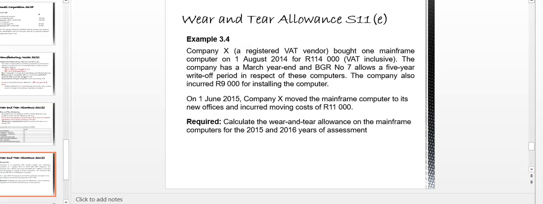Okay, looking at an example, we've got company X, which is a registered VAT vendor, bought one mainframe computer on the 1st of August 2014 for 114,000 Rand, VAT inclusive. Remember what we said? In calculating any capital allowance or any allowance, it has to be excluding VAT. So because they tell you that this amount is VAT inclusive, we need to take out the VAT amount on this. Okay. So the company has a March year end,